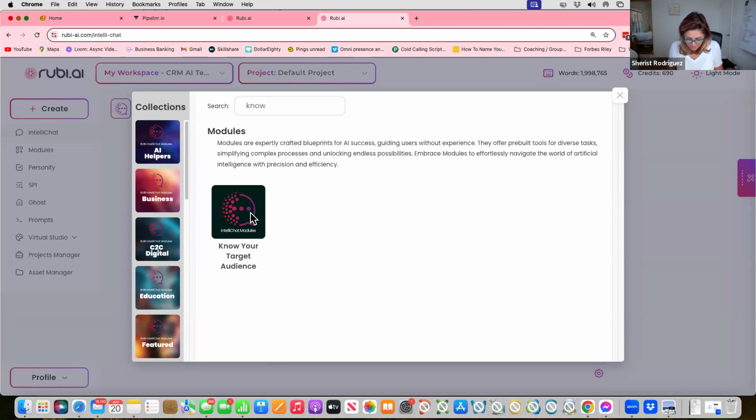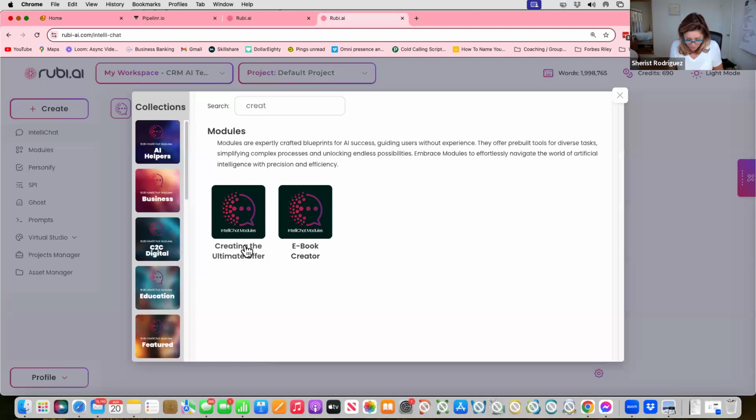There is a cold email for those of you who might do a cold email campaign to reach out to people to let them know what programs and offerings you have. Another one, as you're building your offers out, is create the ultimate offer. This one will take all you have and really start to build on it. This one's amazing too. We can probably go into that one also.